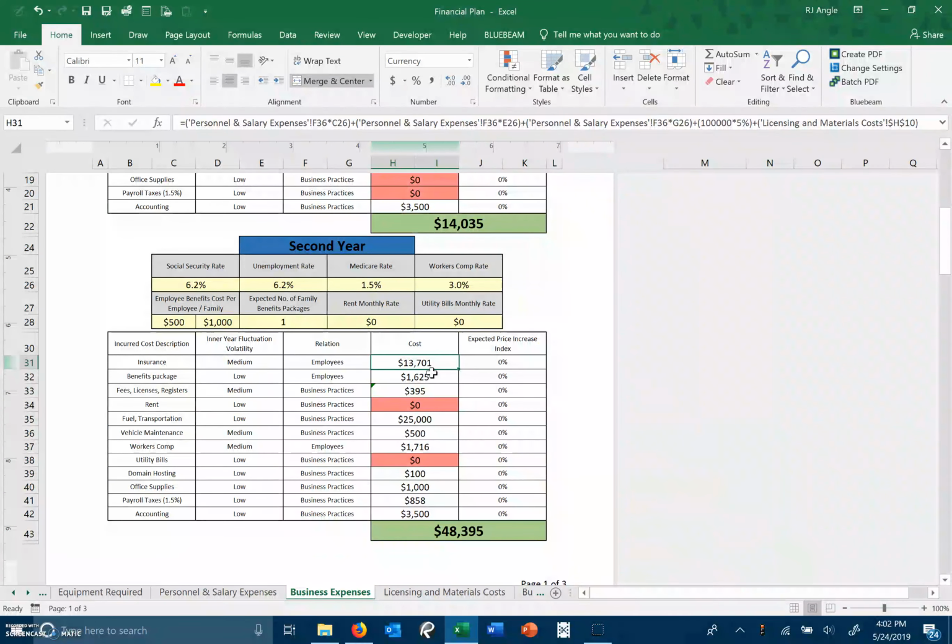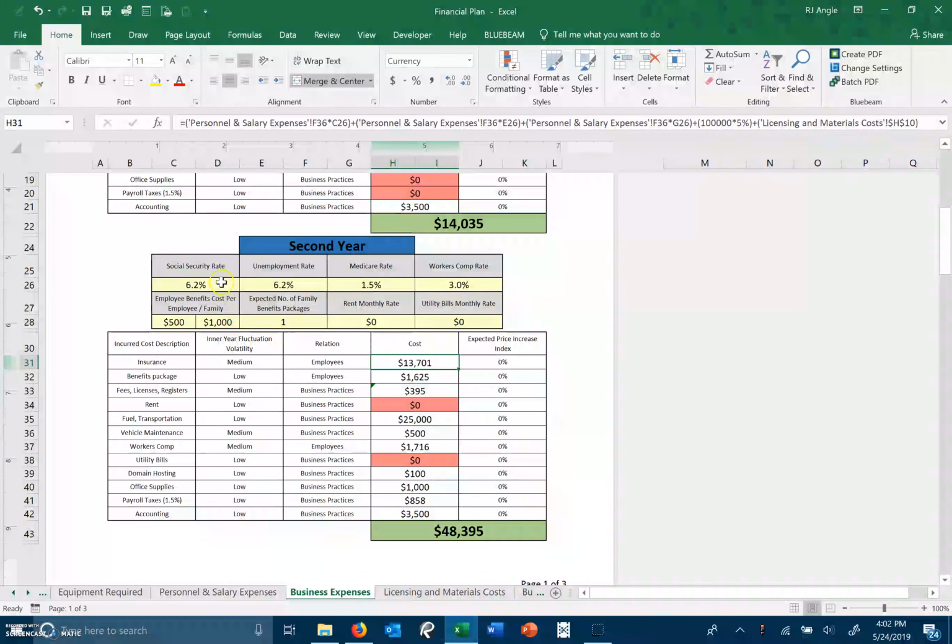I am now carrying insurance for my employee and for my business and things of that nature. There are fees associated with having insurance policies and stuff like that. I have calculated approximately what that would be for a single employee on a family plan, and I've incorporated that into here of about $13,701 a year total cost for insurance coverage. Benefits package for them based off of their salary,